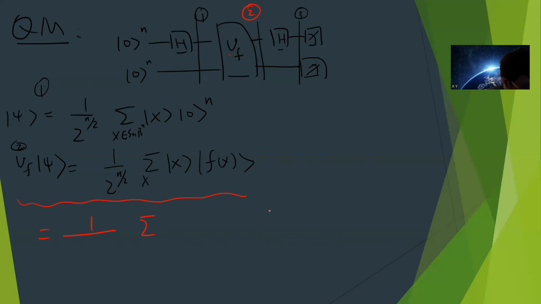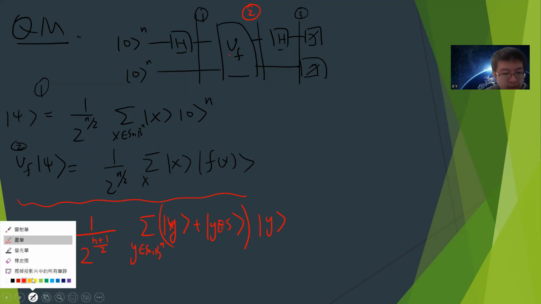If I fix this to be y, there will be y plus y direct sum s, right? I can write this as this, and then sum over y. But in this case, I create another number, so there should be another square root of 2. Okay, so this is the second step.